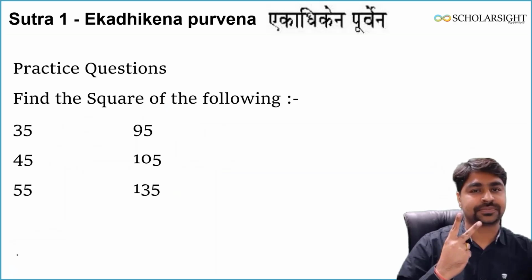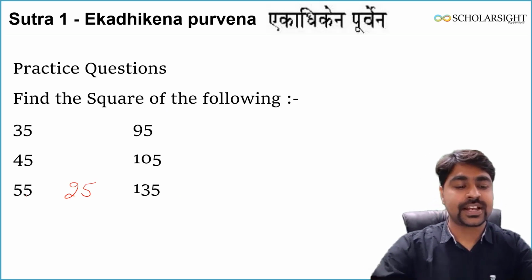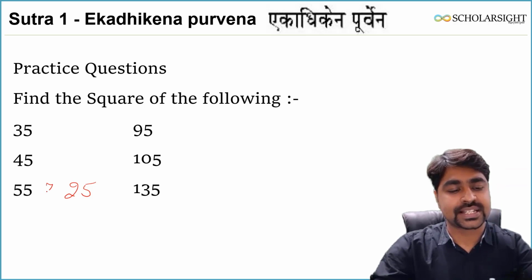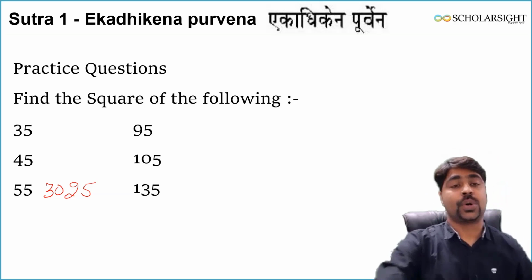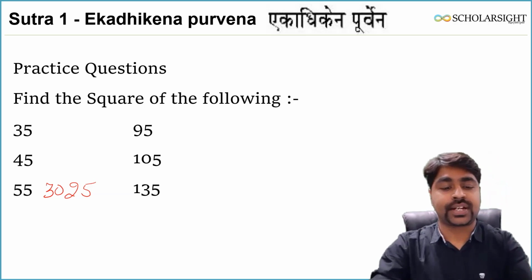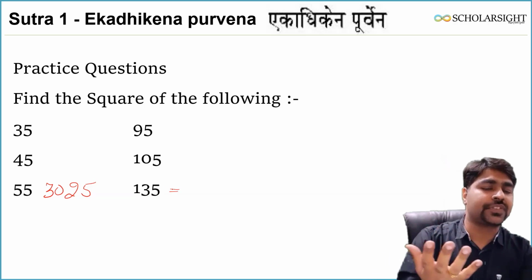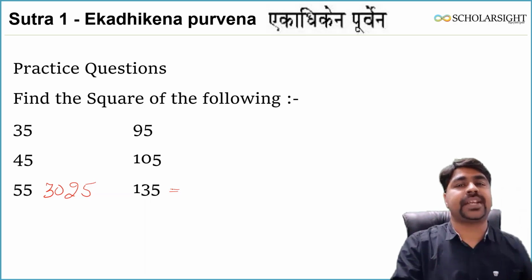55. Yes. 5 by the next number to 5 is 6. 5 into 6 is 30. 3025. Right? Now 135. 135 multiplied, I'll give you more seconds to it, but because this is the second application,